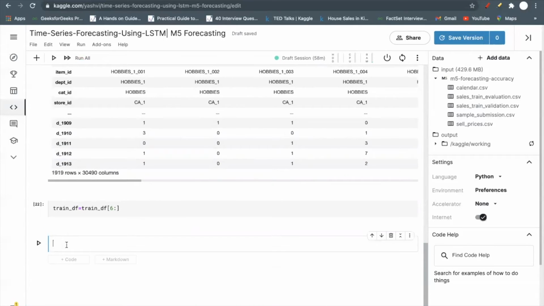The next thing we have to do is transform our dataset to 0 to 1, because we have values like 1, 3 and so on. We will transform them to values between 0 and 1.